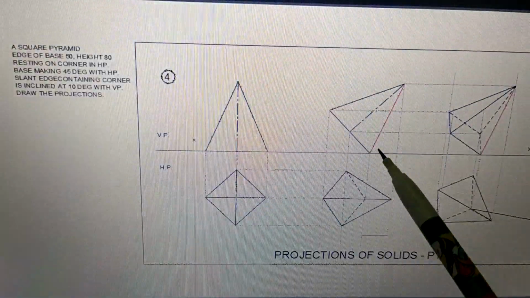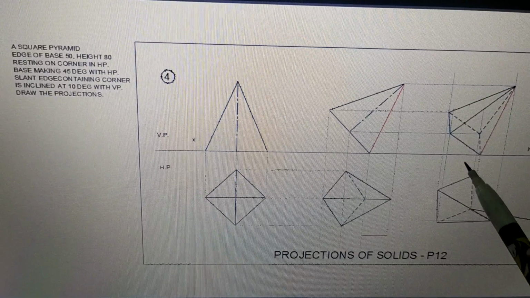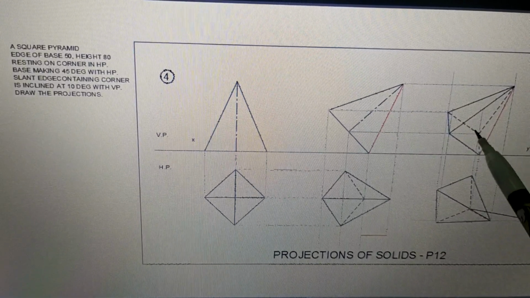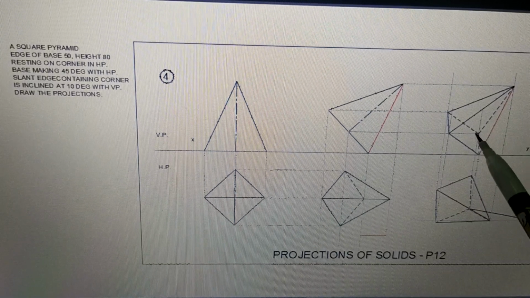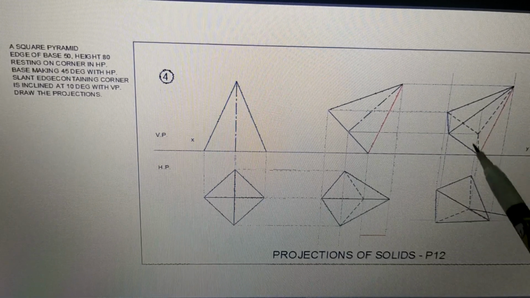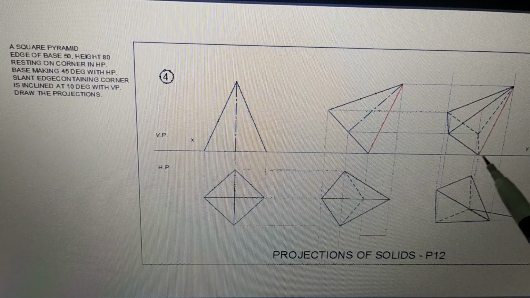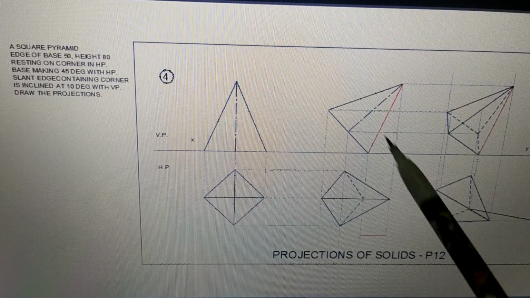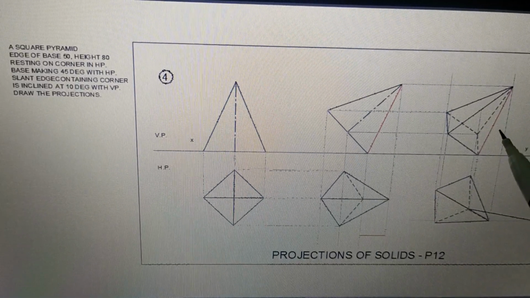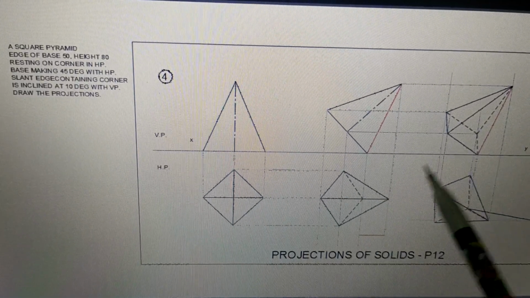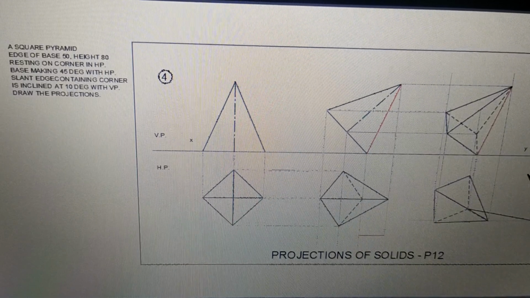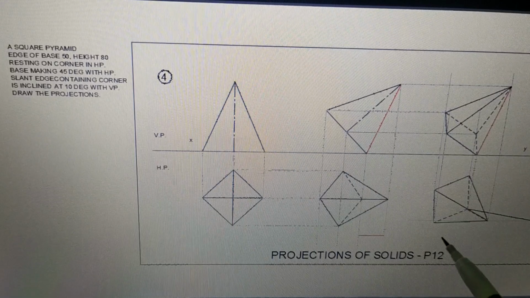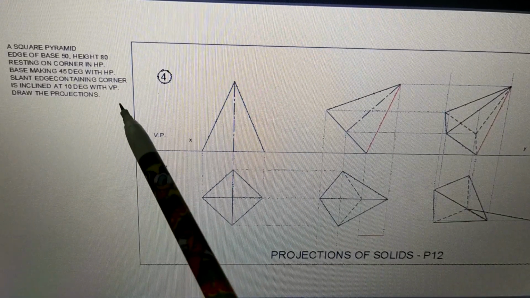Therefore you will immediately realize that the lines joining point D to the rest of the points will come as dotted lines. So the lines from D are going to be dotted lines. This line is seen, so it is a continuous line. By making use of this kind of visualization, it is possible for us to complete this figure this way. So we have completed this exercise of drawing the solid as per the given description.